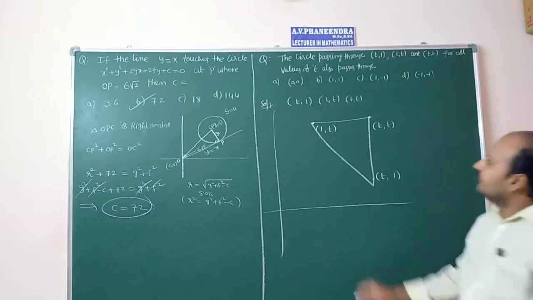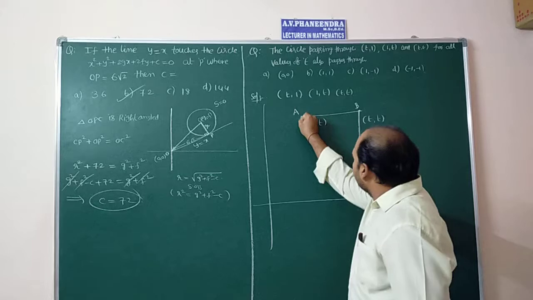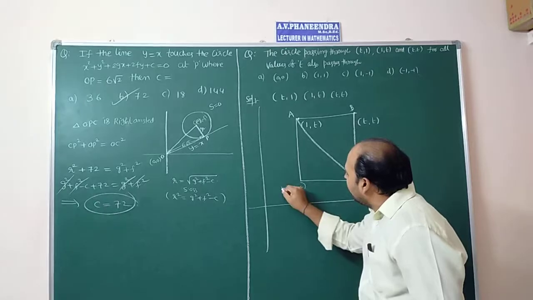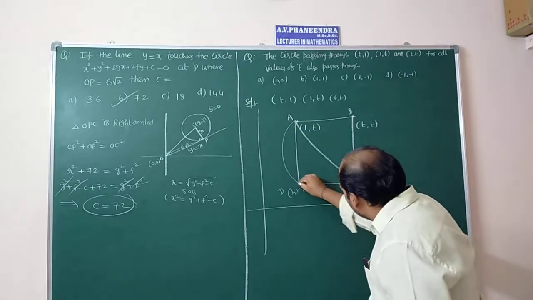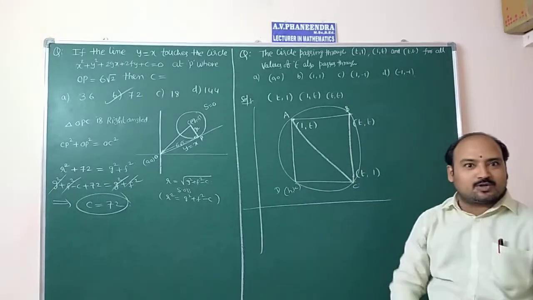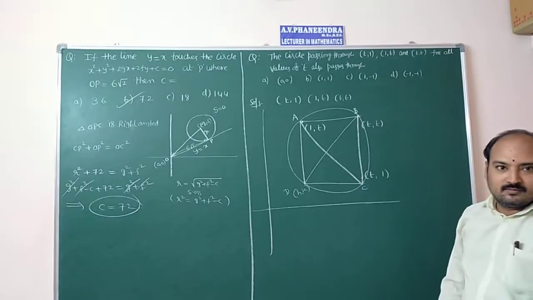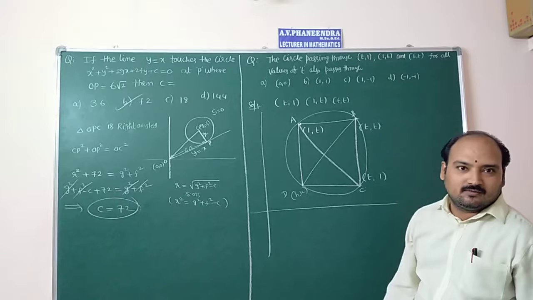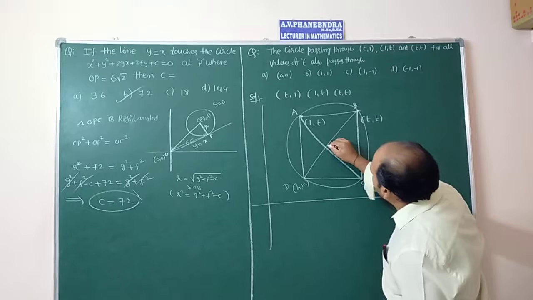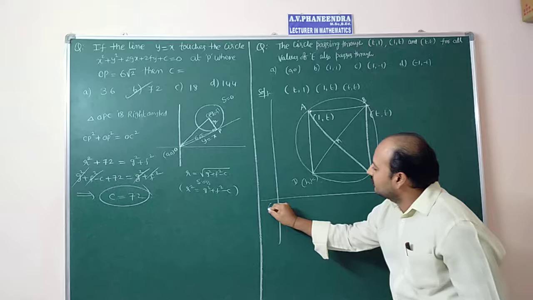This is the coordinate system. After that, here I am assuming the points A, B, C. Here I don't know the coordinates of this point, h comma k I am taking. The circle diagram passes through these points, these coordinates they are asking about. Here observe that it's a square. In a square, diagonals bisect each other. So the midpoint of AC is equal to the midpoint of BD. So this is the midpoint M. Later the fourth coordinate will be h comma k.